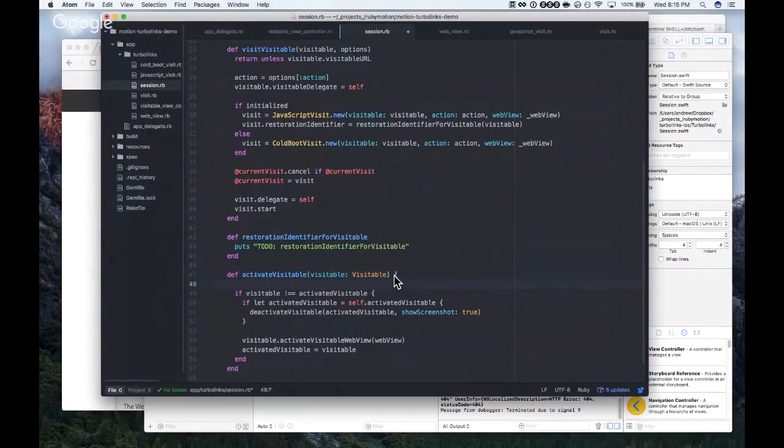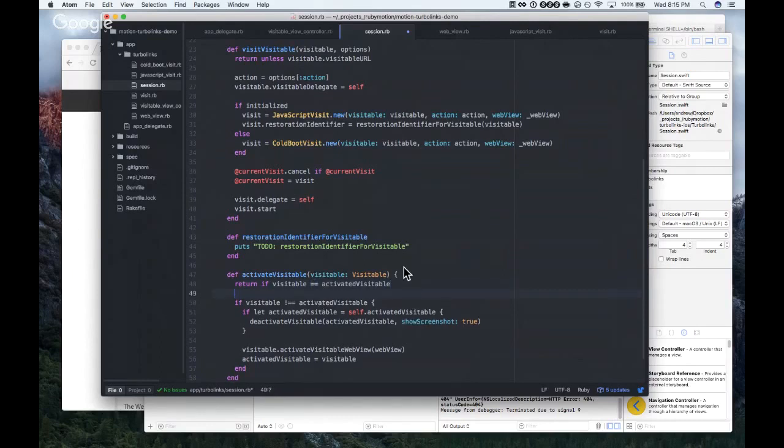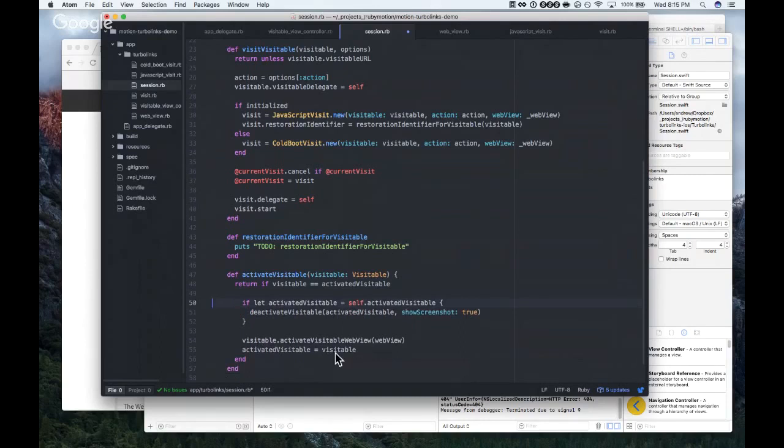So I'm going to change this up a little bit and say return if visitable is equal to the activated visitable. We don't have to have this extra branch in here. Now the if let. That sets activated visitable to whatever self.activated visitable is, a local variable, and if it's nil, it'll skip over it.